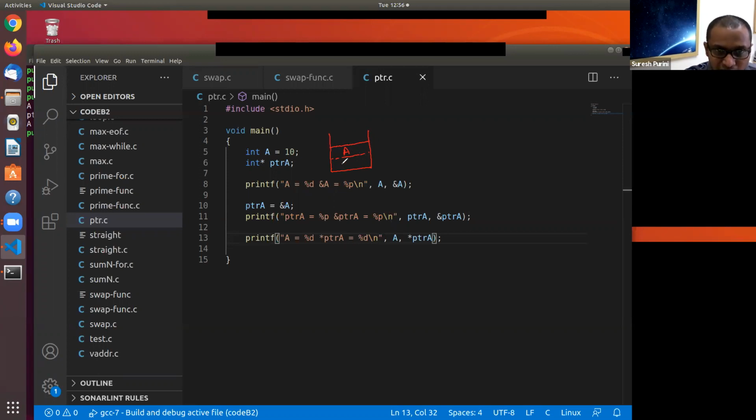This is for variable A, and this is for the next variable in the program, ptra. Since they are allocated next to each other, their addresses are close to each other. Does it make sense? Yes or no?